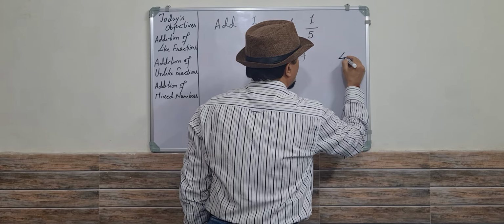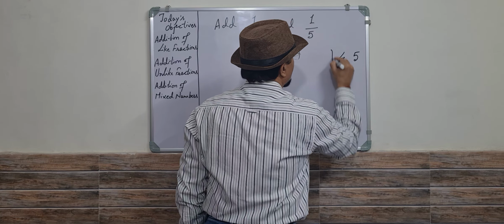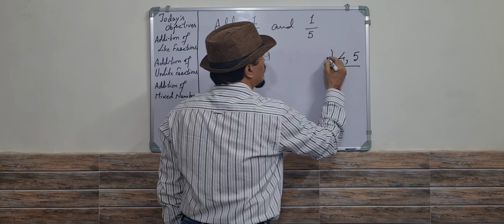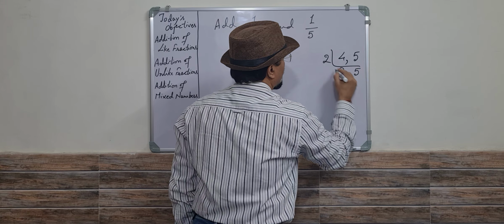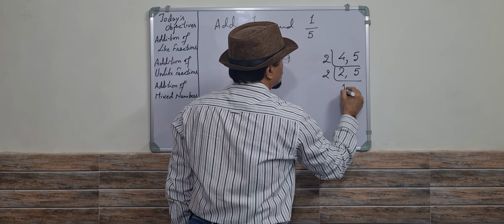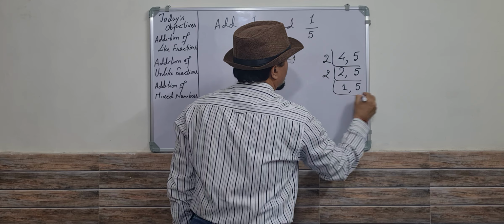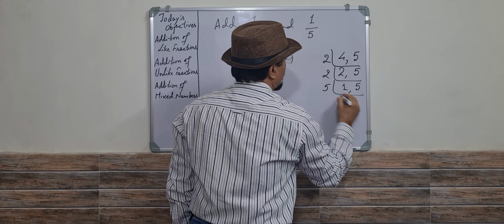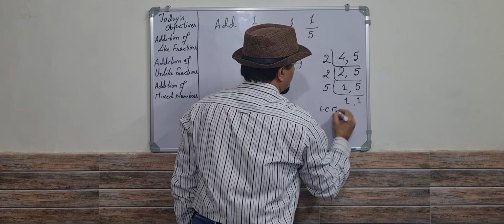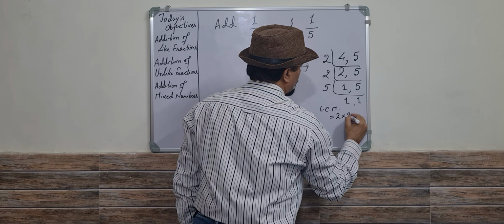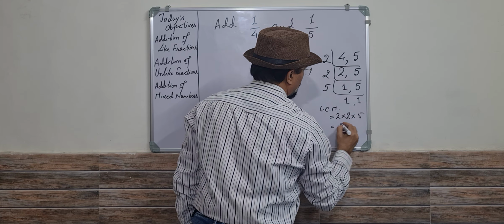The two denominators are 4 and 5. To find the LCM, I will take 2 to the 4, 2 1s are 2, 5, I'll take 5 1s 5. So the LCM is equal to 2 into 2 into 5, which is equal to